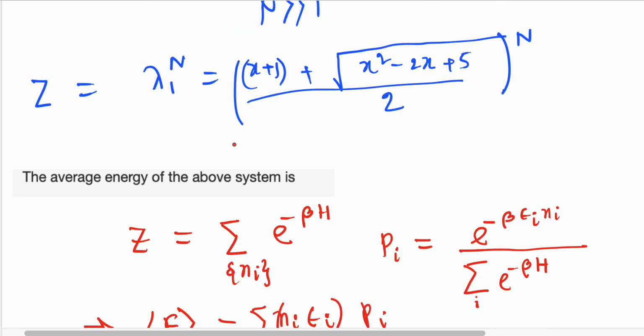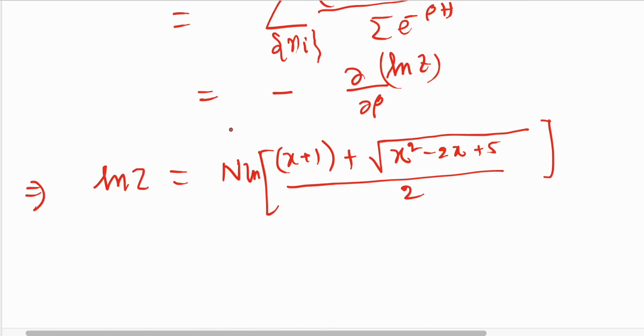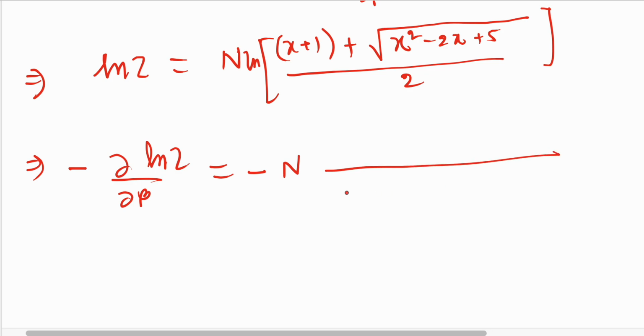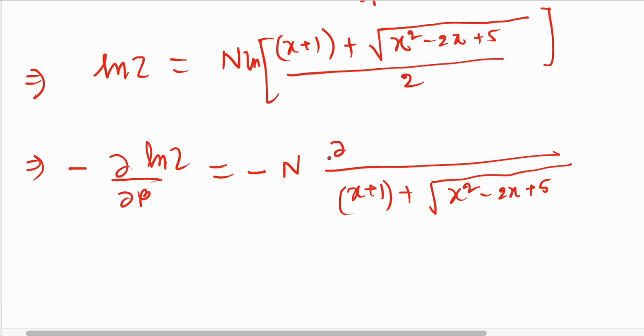Now minus del beta of ln z will be minus n, x plus 1 plus root over of x square minus 2x plus 5, and the derivative with respect to beta, del beta of x plus 1 by 2, and by root over of x square minus 2x plus 5